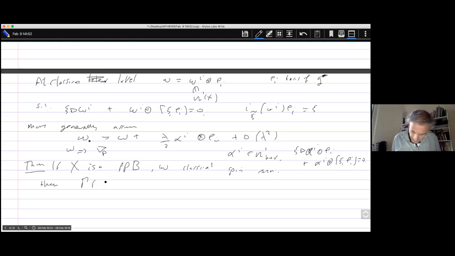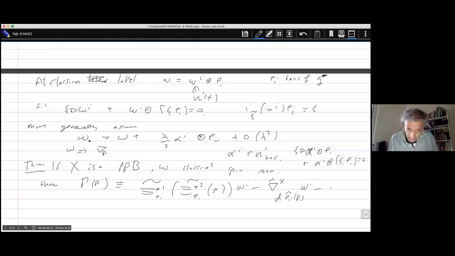Then gamma of p, which I define by this formula, E_I tilde applied to, so it's kind of a Laplacian acting on the function P, omega I, minus nabla hat X d E_I tilde of P omega I, minus E_I tilde of P alpha I,